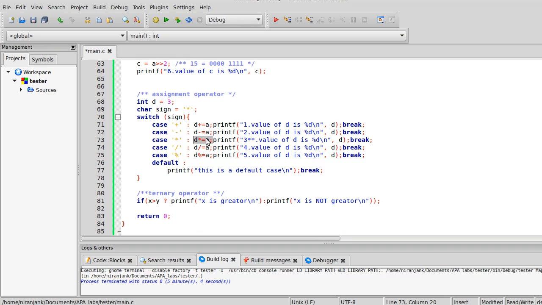Let me check. Yeah, the value of A was 60 here, but later on the value of A gets changed. Maybe it's 16, but anyhow we'll see the situation. So the value of A is 60, so A will be multiplied 3 times, that is by D, and the value will be stored in D. So if you print out D here, you will print out the value